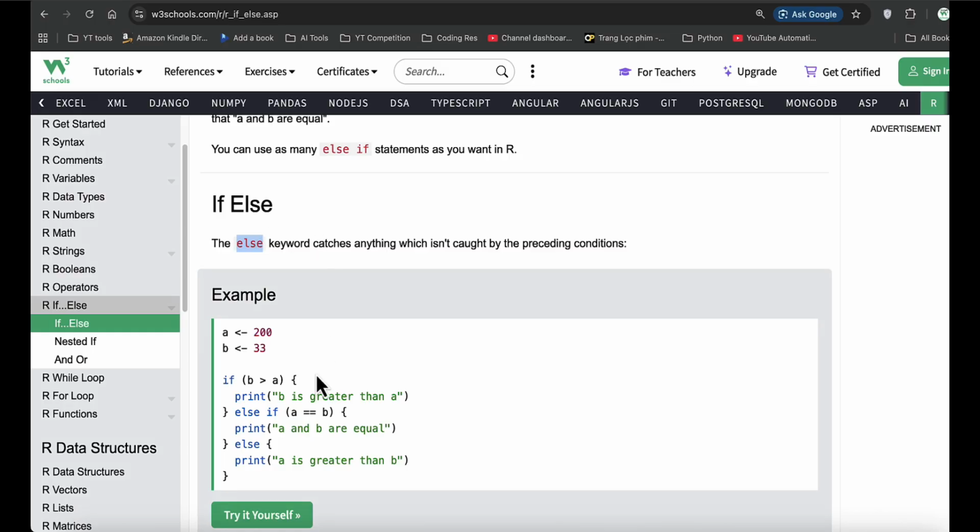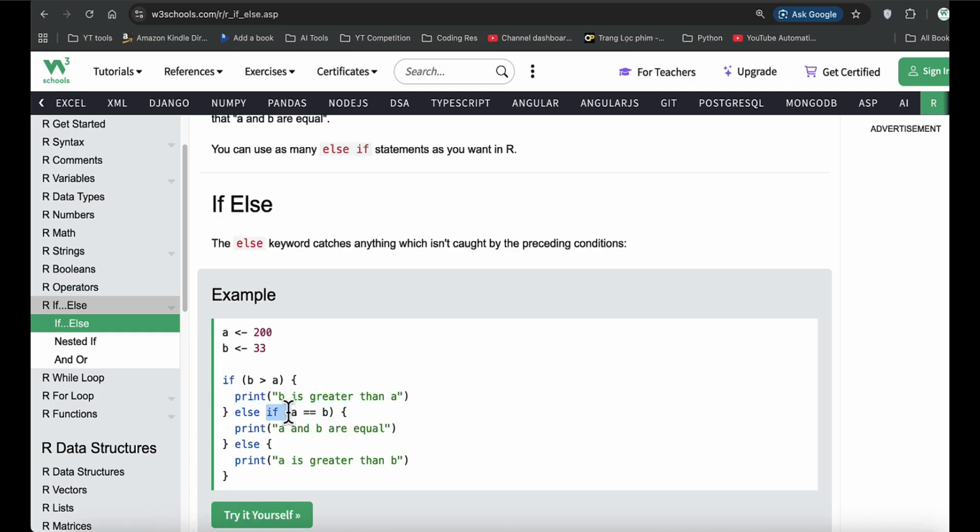How does that work? Well, for example, if you have a condition if B is greater than A, and then you specify statements that execute if the condition is true, then we use else if. Again, this part is not mandatory, just for example's sake it's written, but here you notice we have only else without any if. Now this basically means that in case both of these statements become false, then this becomes the final default execution. If any one of these ifs becomes true, that particular block is executed and the control